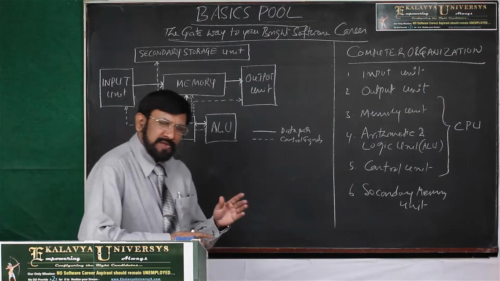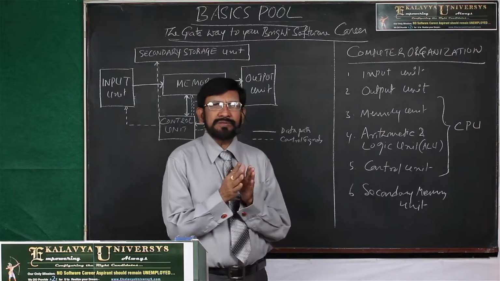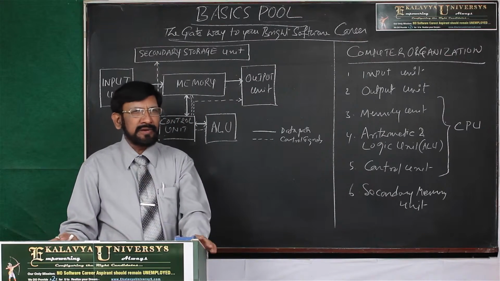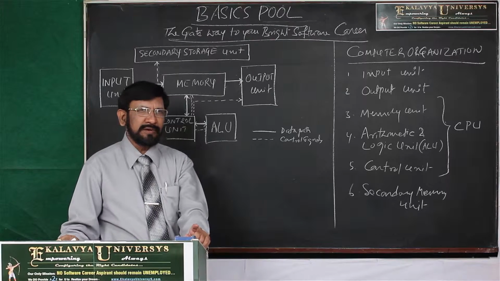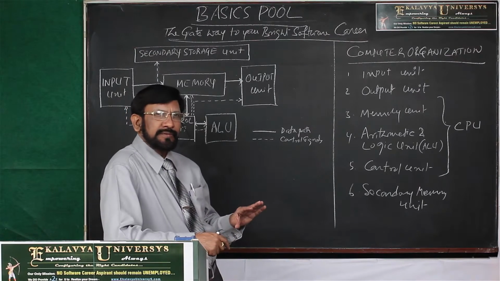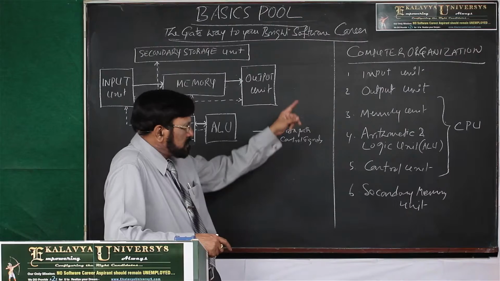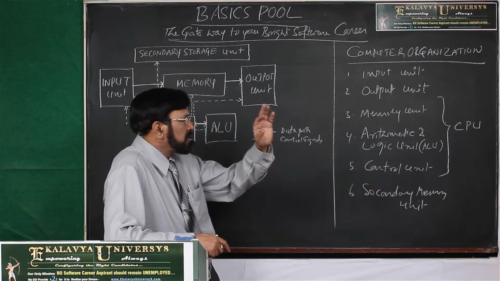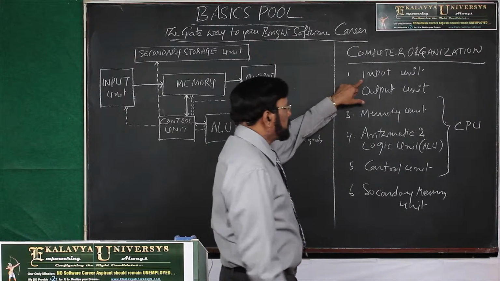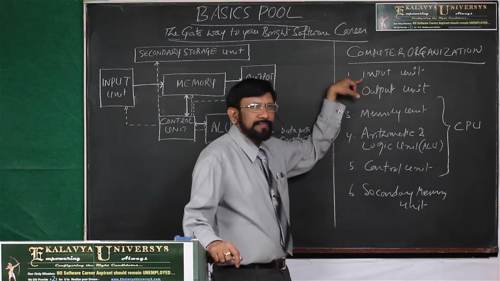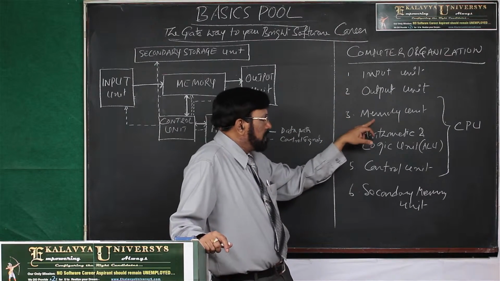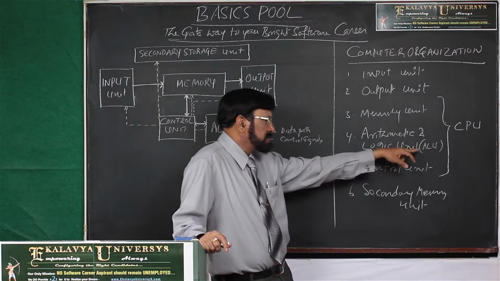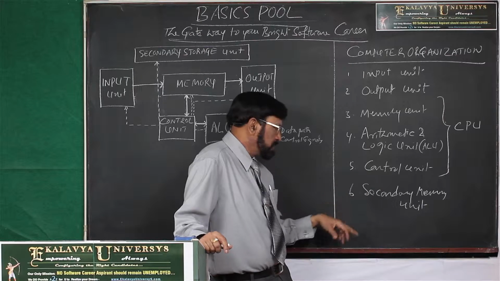This classification is totally based on the functionality of the units. How many components there are and all that is not a consideration here. All the components are classified into 6 units or 6 groups merely depending on the functionality. Those are input unit, output unit, memory unit, arithmetic and logic unit, simply called ALU, control unit, and